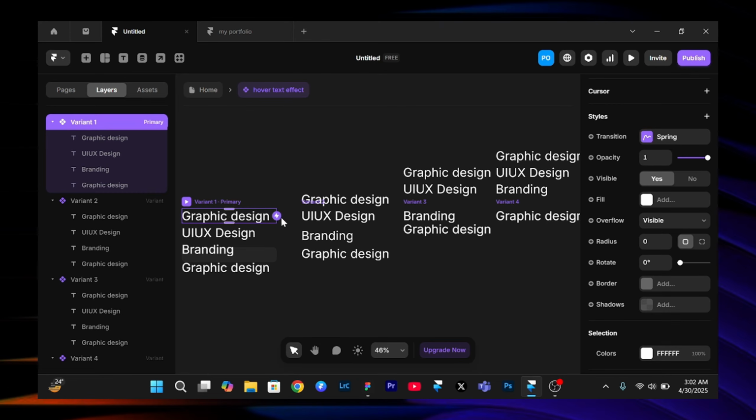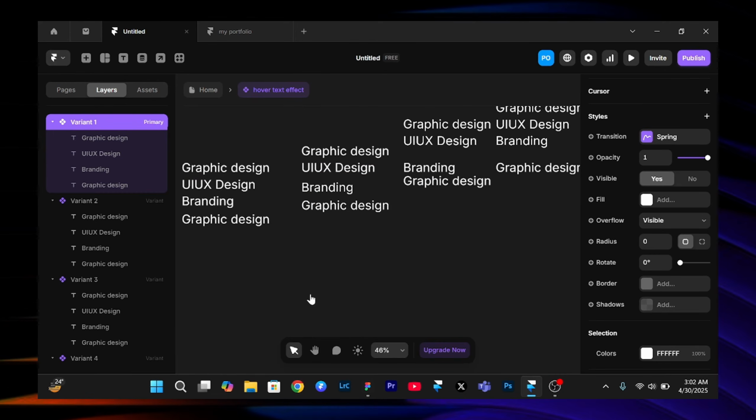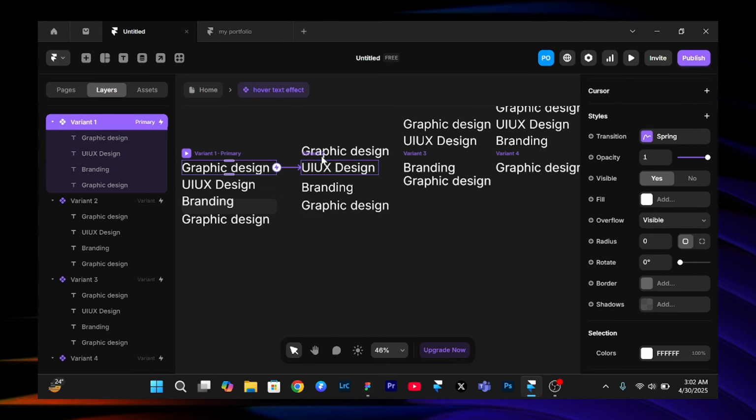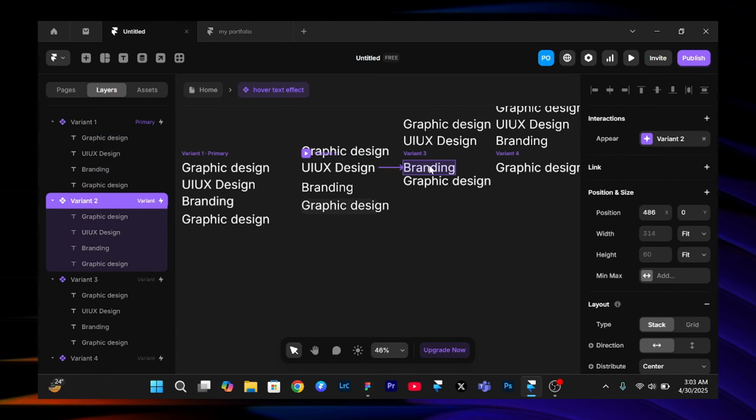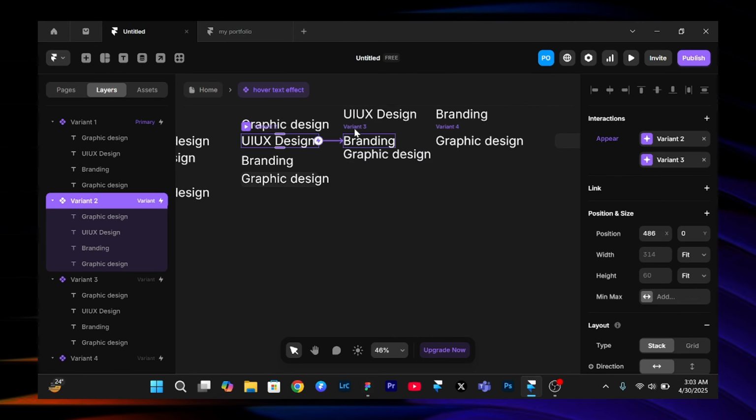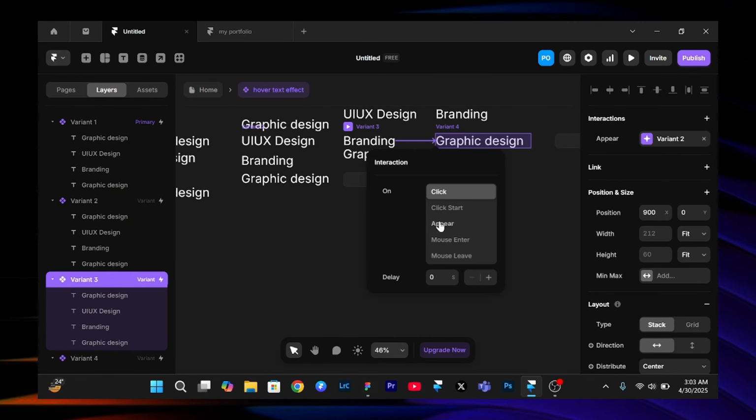The next thing is to connect these variants together. So selecting the first variant, I'll click it to the second variant. I will change the interaction to appear, change the delay to around 0.6. Then I'll select the second variant, click it to the third variant, same appear, but I'll change the delay to around, I think, 1.1 seconds. I'll also do the same for branding. Select branding, change it to graphic design, choose appear, then 1.1